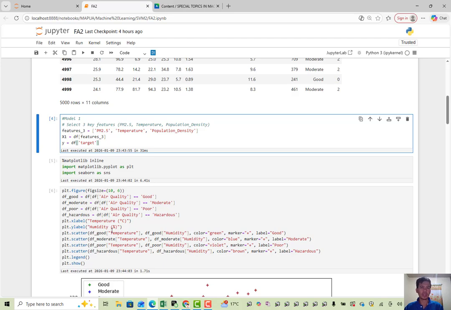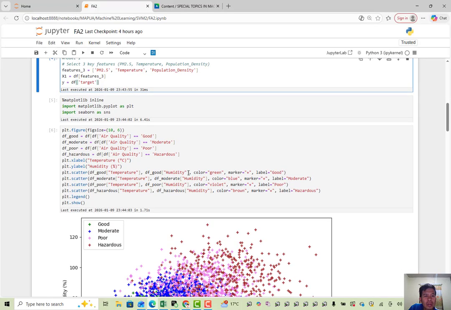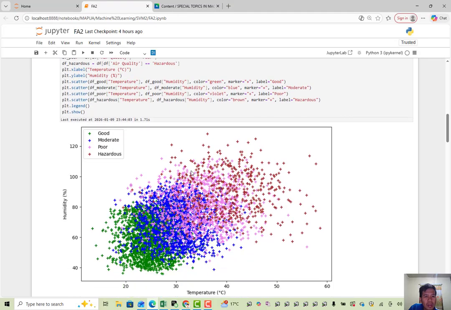I also included some visualization. This code I adapted from the original code attached in the Blackboard. For the visualization, I included color coding. Then I extracted some data from corresponding features like humidity and temperature.